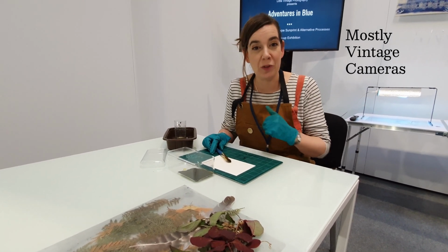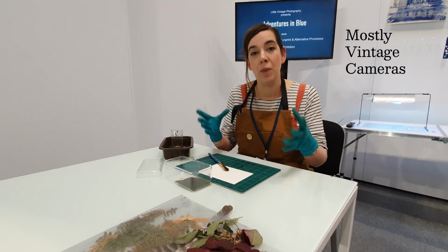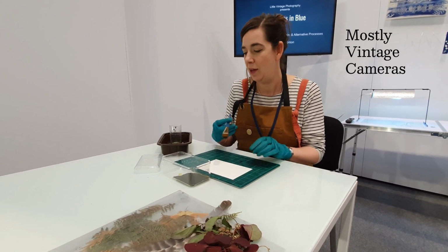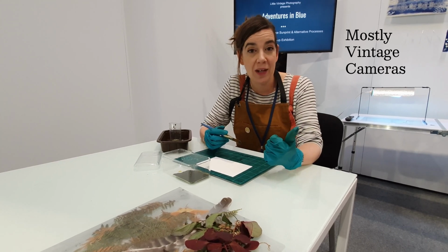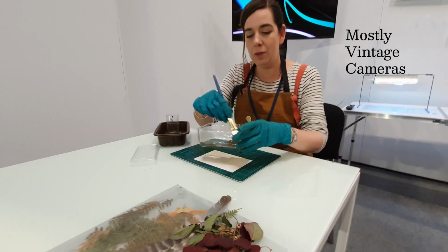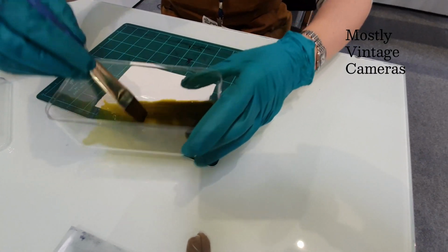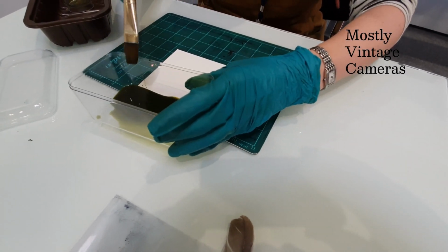So I'm Rachel Brewster-Wright and I run Little Vintage Photography, and today I'm making some pop-up exhibition demonstrations in the cyanotype process. So we mix two chemicals together, ferric ammonium citrate and potassium ferricyanide. As you can see, I've put them together in a little box here, and what I'm going to do now is coat it onto paper, and that will have objects placed on top and it will go under a UV